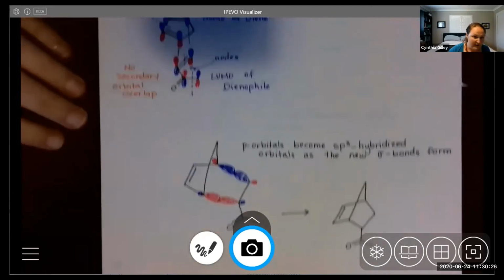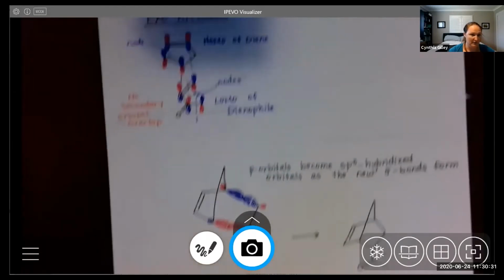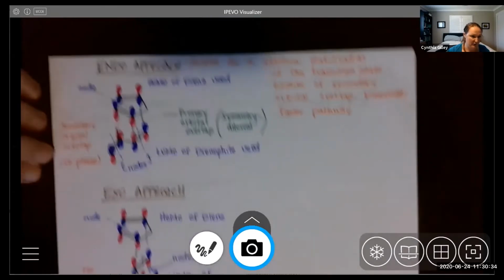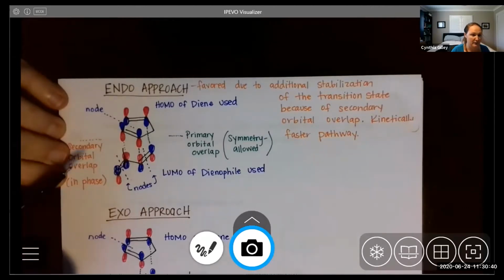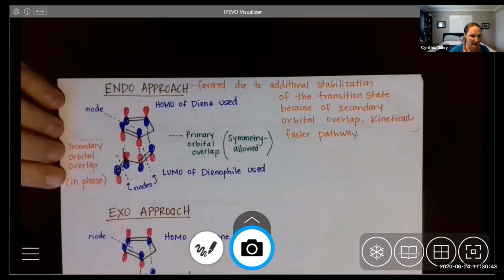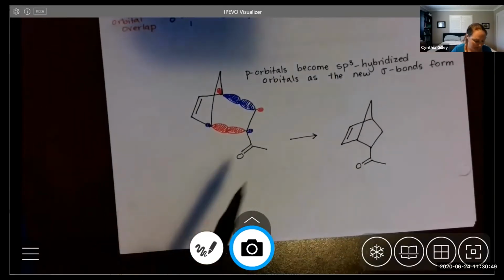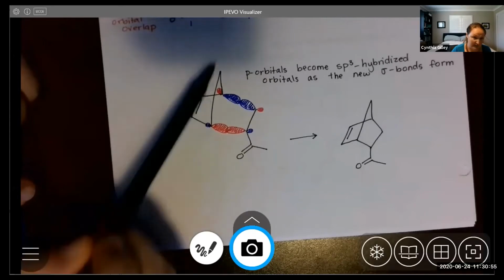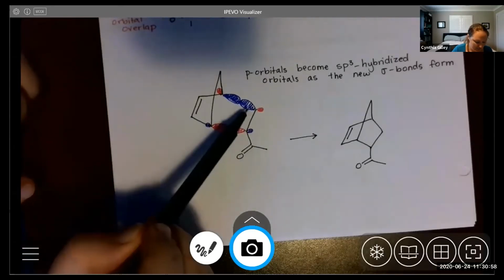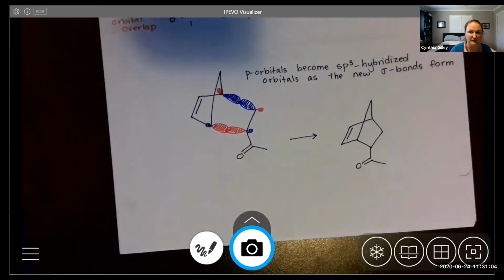So one thing I wanted to point out before we go through that example is taking it one step further. Remember up here, our endo approach, we had the blue overlapping with the blue, the red overlapping with the red, and those are going to form the sigma bonds. So what does that look like en route to the product? Those p orbitals, the blue to blue, used to be a perfect dumbbell, pointed straight up and straight down. But they change. As blue overlaps with blue, the blue lobe grows, essentially, and overlaps with the other one